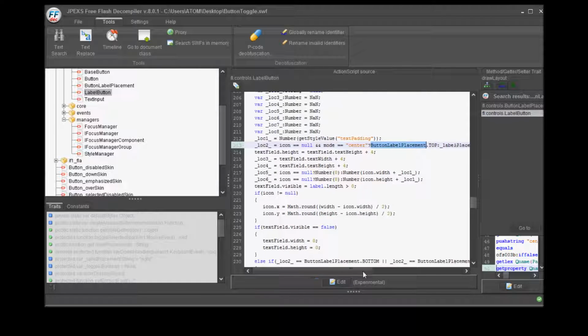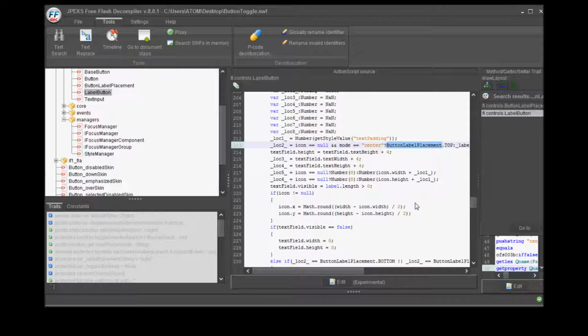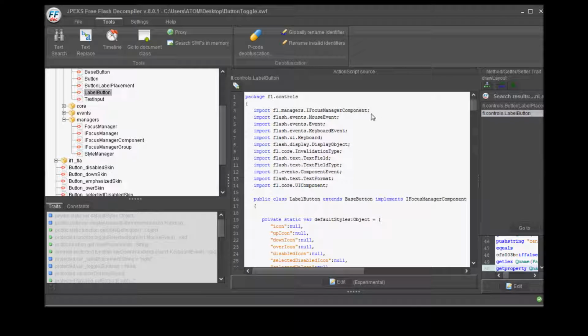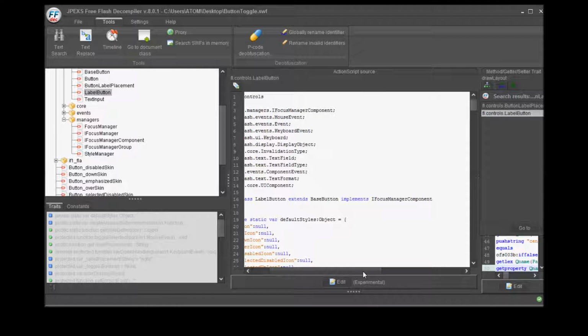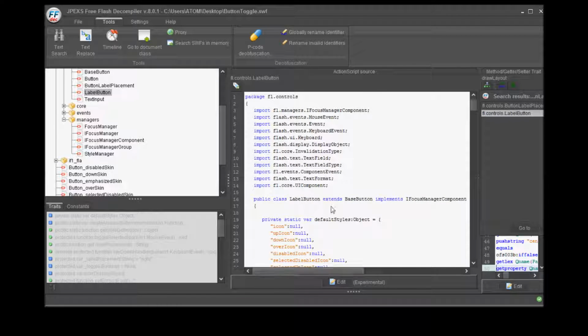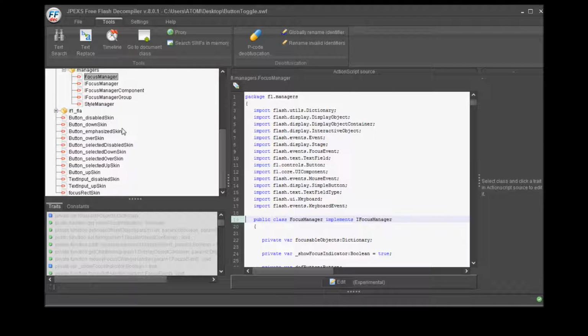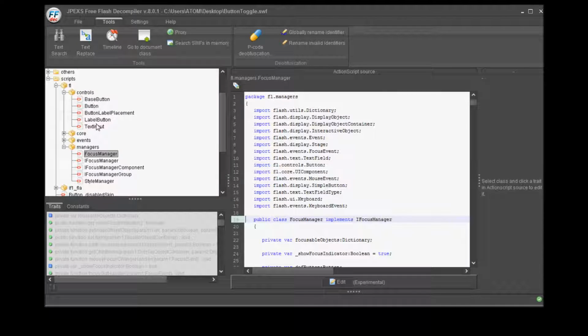So that's the one that we don't want. Maybe we should change it, but the only thing I don't understand is why it uses this, because that's a class over there, but it's not importing it. If it's not importing it, it could be using it from another class, but if we replace it, it could break something. So we can try and find something else. Focus manager. We can try and change